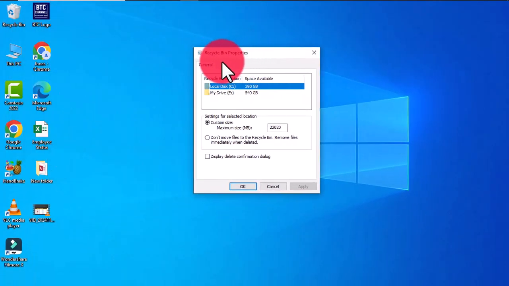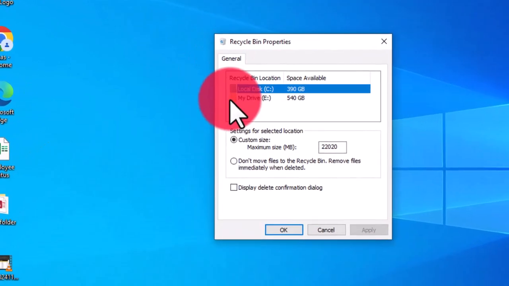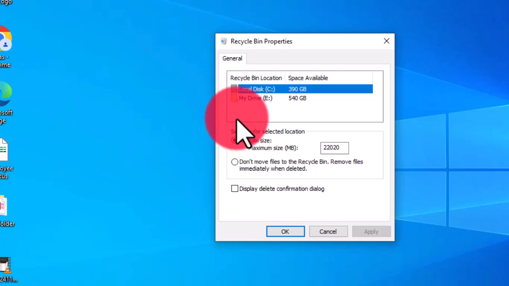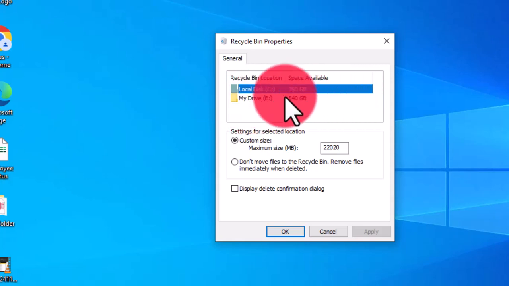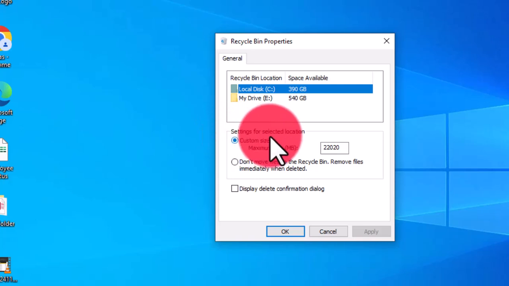This gives you this recycle bin properties dialog box. We have general, and we have our hard disks available. We have our local disk C and also our local disk D, which I have renamed to my drive E. When you get to this, we have settings for selected location. Now we have custom size, and the maximum size given to this recycle bin is